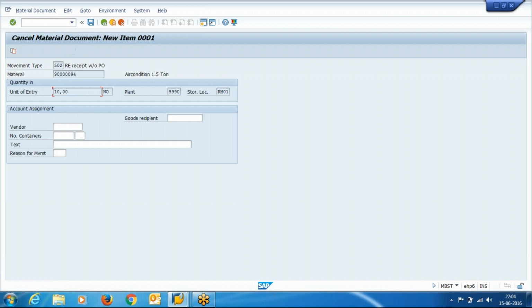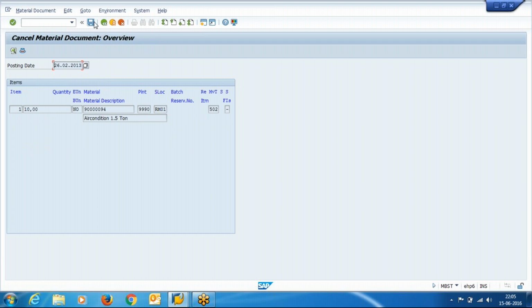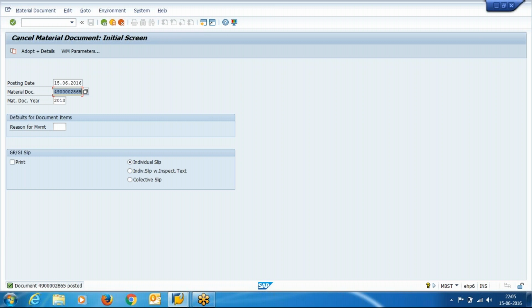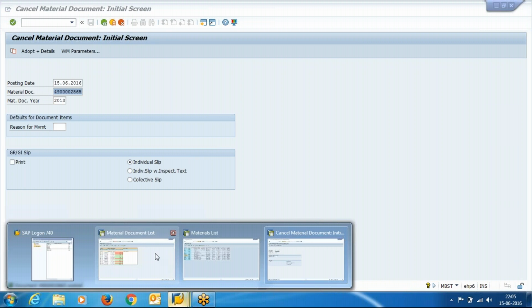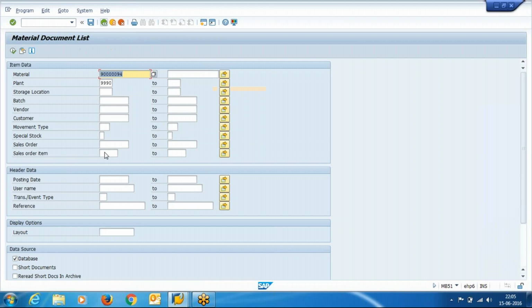Now simply adopt it. If you want to pass any kind of text, like reason for return or reversal, you can enter any text. Then press enter and save it. The document number is generated. So now if we go back and check our MB51 screen,